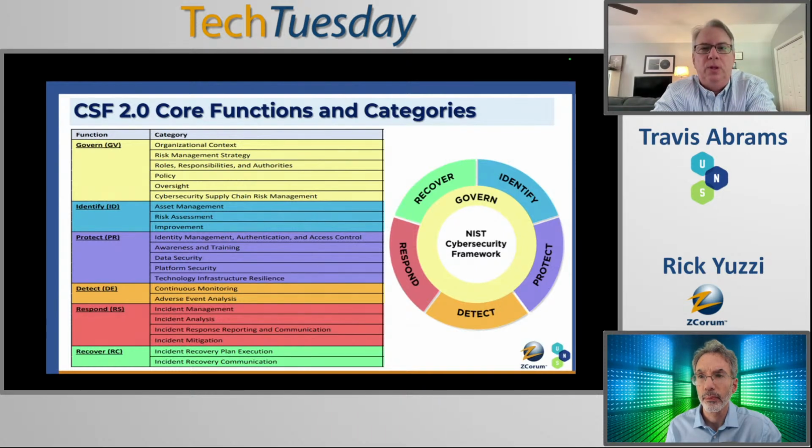So having the govern resolved correctly and set up right is going to make it easier to implement products you may need to purchase, or implement procedures or changes to the environment, if you have executive buy-in from the top to help implement these items.